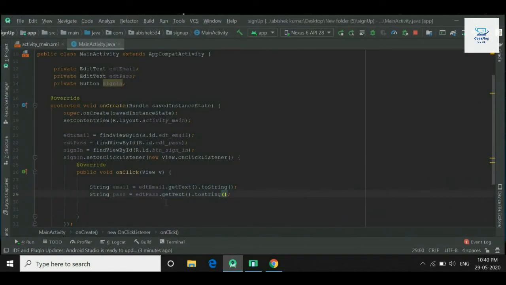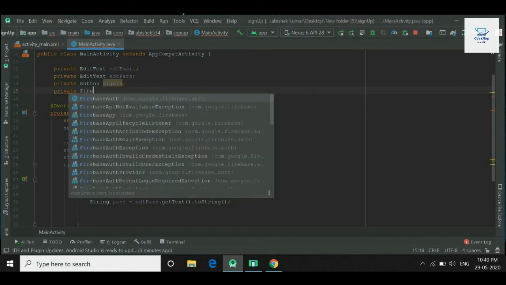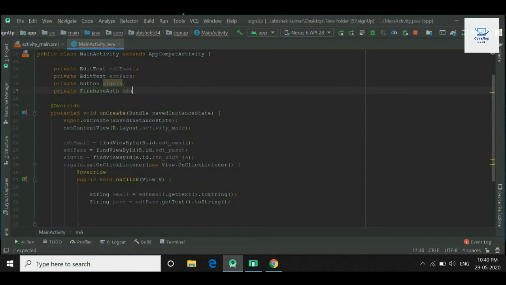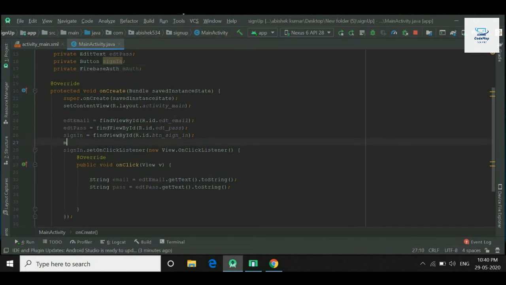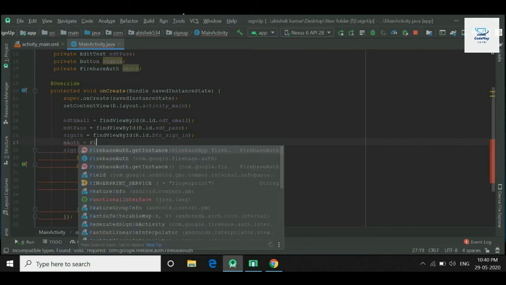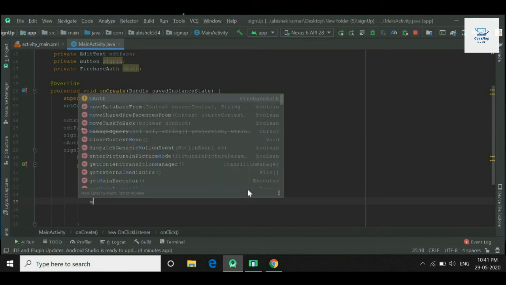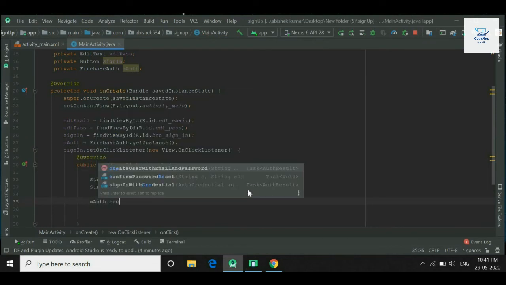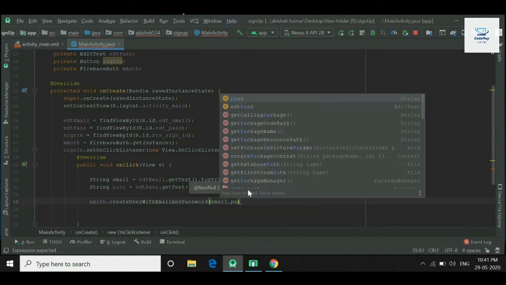Now we will write our sign up code. First we will create an instance of Firebase auth: private FirebaseAuth mAuth. Now we will initialize this Firebase auth, and then auth dot createUserWithEmailAndPassword, and this function takes email and the password as the arguments. So provide email and password, which we have retrieved from the edit email and edit password,